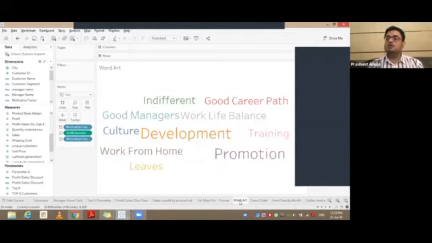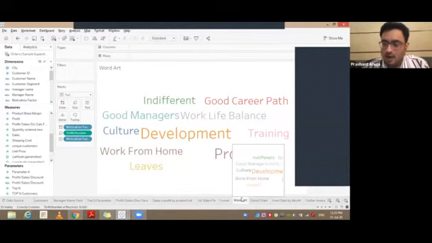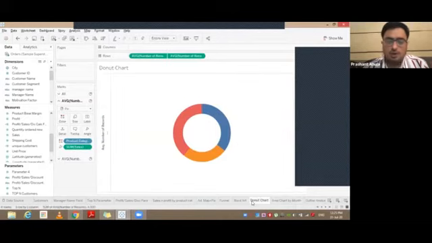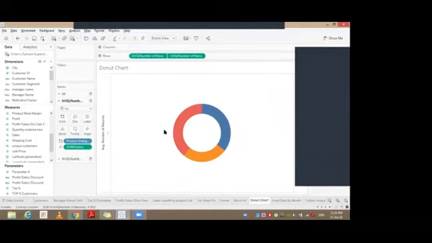We also learned to create a word chart in Tableau, which is usually a sort of text analytics. Now I'm going to share with you how to create a donut chart. We are all very familiar with the donut chart, and we often see this representation time and again.